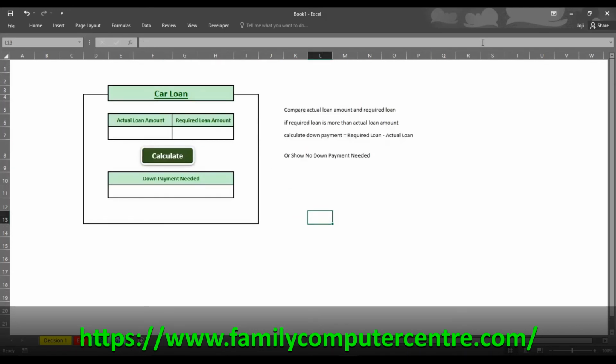Okay, so in this example we are going to do a calculation inside the If. So we have a box for calculate. We have a box of actual loan amount and we have a box of required loan amount. So we want to compare actual loan amount. Actual loan amount is the amount the bank is going to give you. Correct? Required loan amount is the amount you want, or your requirement. Correct? Okay. So if the actual loan amount is less than the required loan amount, or the required loan amount is more than the actual loan amount, we need to